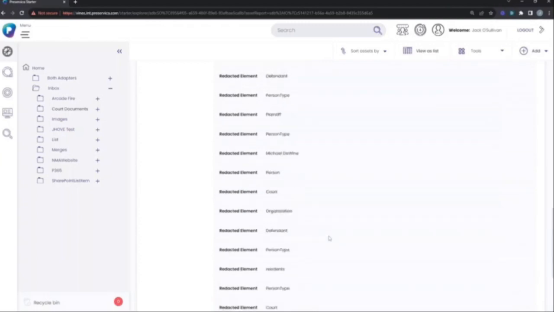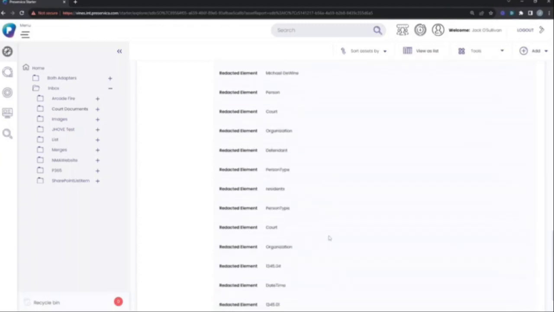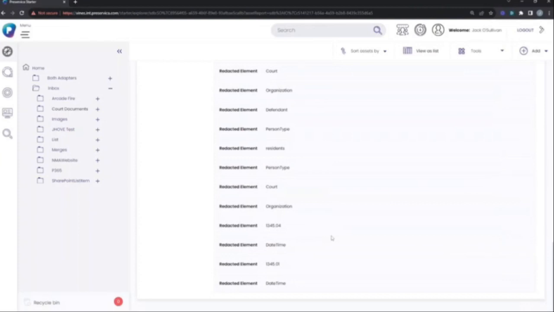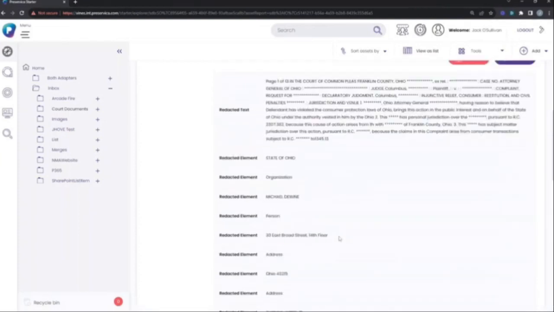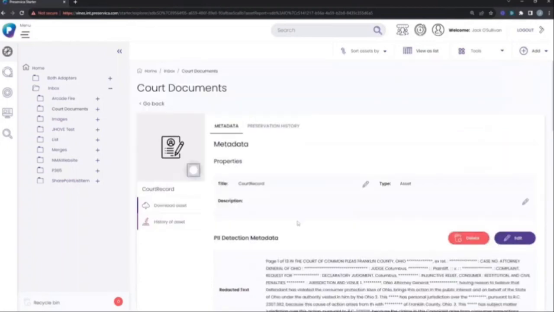So we can see there are names there that identify people. It's possibly slightly aggressive because it identifies things like the court and the word defendant as types of people. Those are probably not personally sensitive terms, but it's proving the point that it's identified the data and it's given us some enriched metadata about that document.